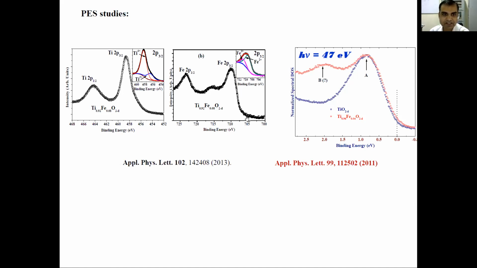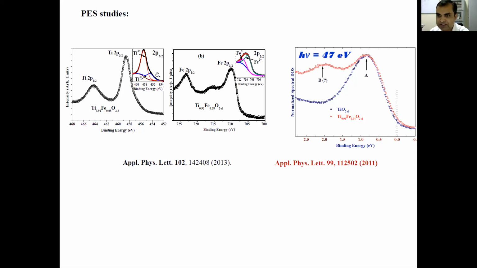Number two, interestingly, the titanium also revealed that it is present in titanium 3+ as well as titanium 4+ state. You can see that titanium 4+ is appearing at higher binding energy as compared to titanium 3+. So as you keep on increasing the ionic state, the binding energy position also keeps on increasing, right? So from this X-ray photoelectron spectroscopy core level spectra, we can get an idea of the ionic state of the dopant as well as the host matrix.